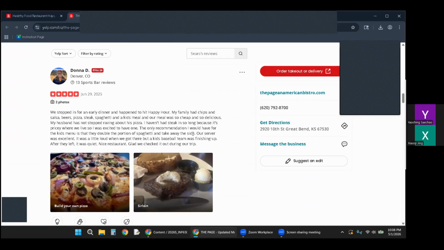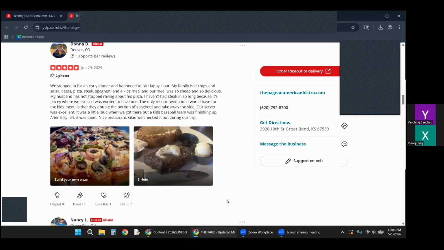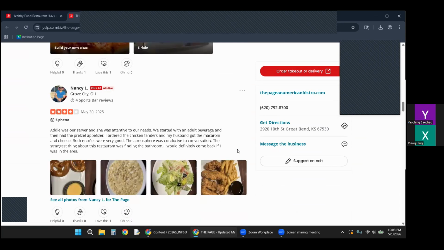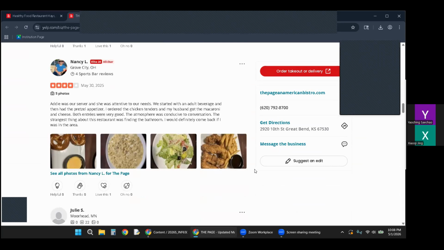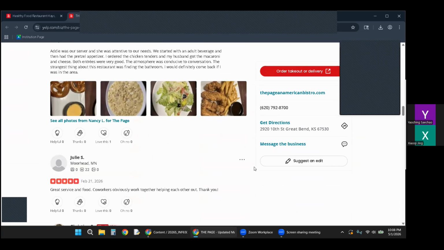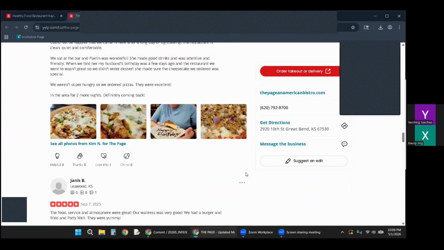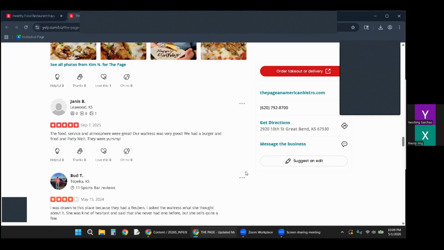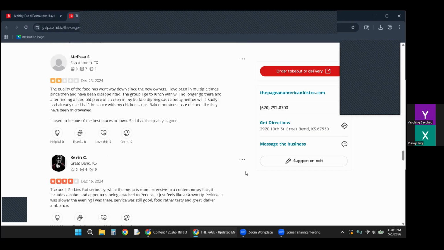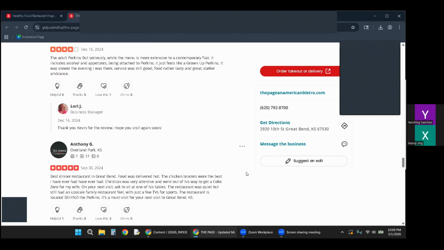It looks like their food is decent. I don't know if I would pay more than $15 for that personally. These look like pretty traditional foods that you can get even at an Applebee's or something like that. So I guess it's within that realm of a family diner place that is welcoming kids and whatnot. So at least there's that.